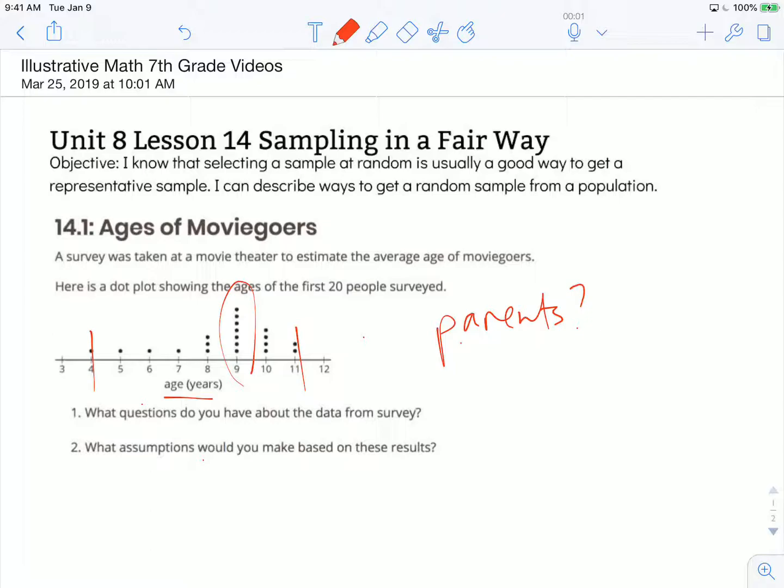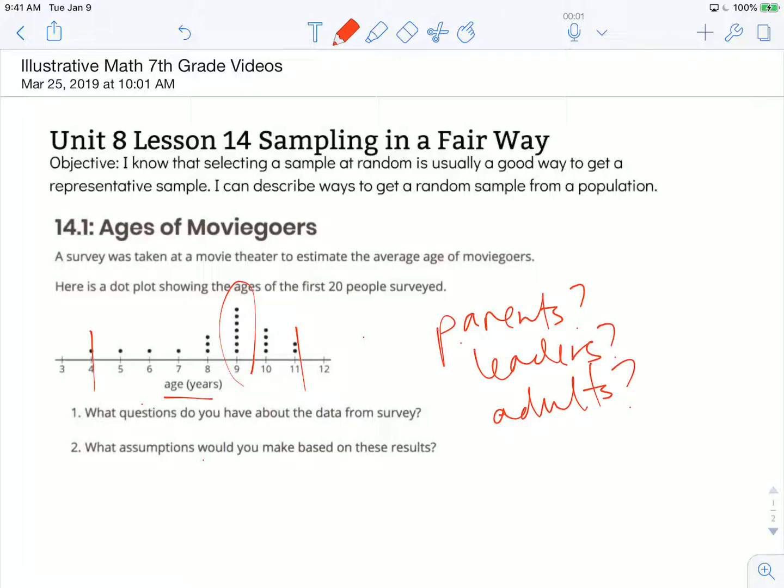If this is a field trip and this is a bunch of students from a school or a summer camp or something like that, where are their leaders? So I guess my big question that defines those both is, where are the adults? Why is a surveyor able to talk to all of these children without talking to a single adult?